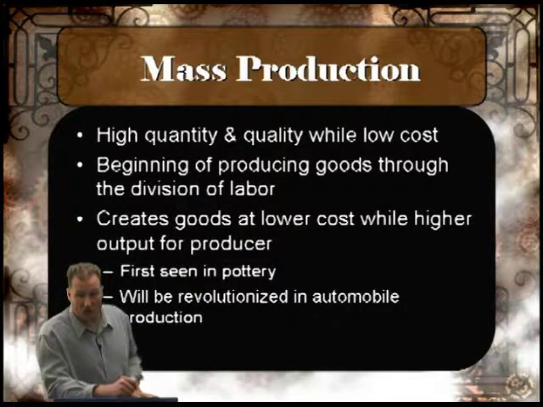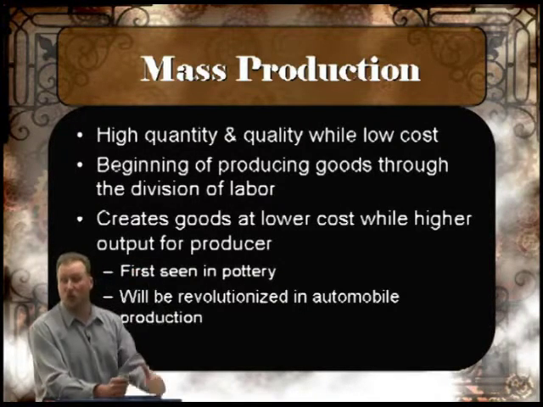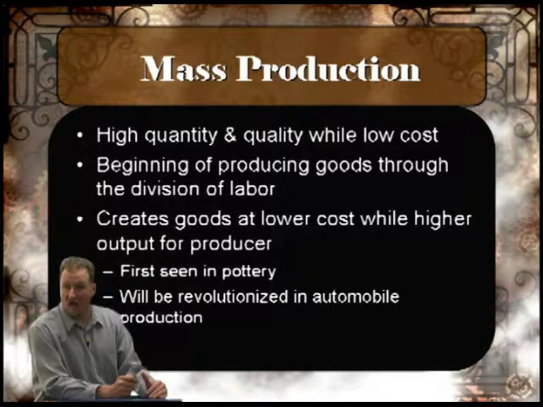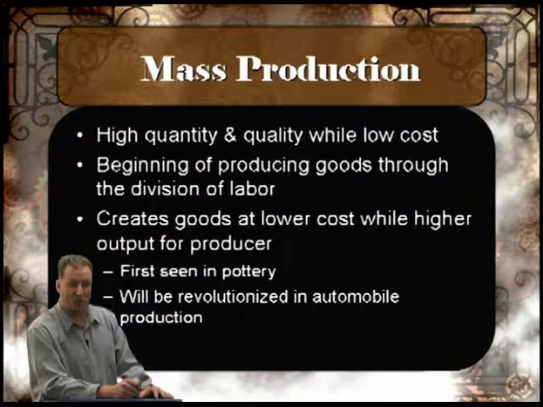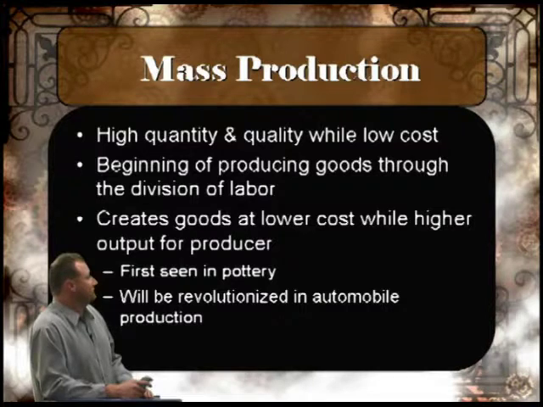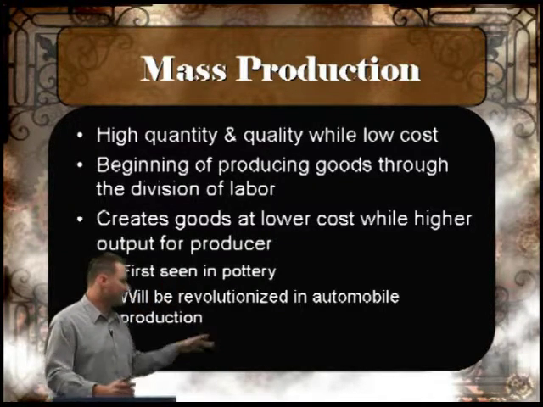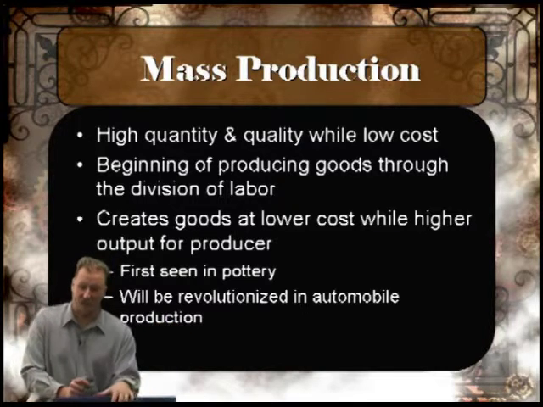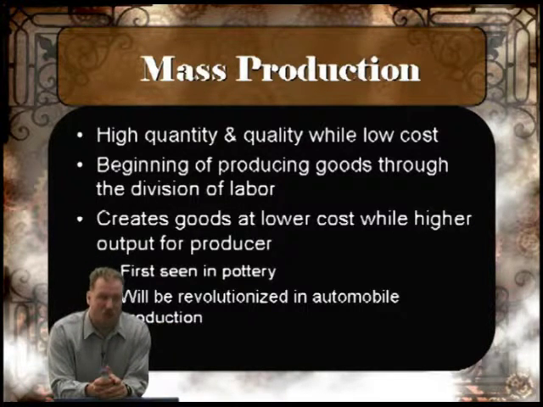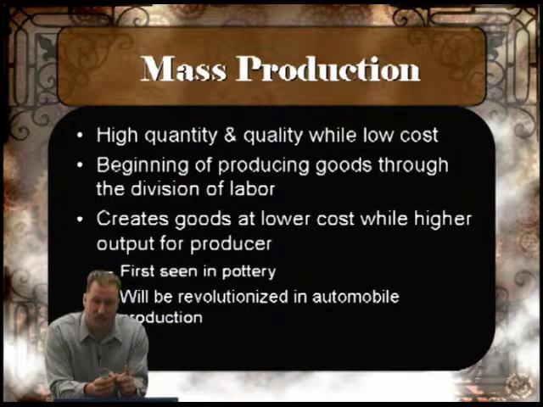Okay, and you can still get Wedgwood today. I don't know if anybody had that. But interesting is the people who start the idea of reducing the cost through mass production in order to make things cheaper, Wedgwood is ultimately sort of the priciest of the china. A division of labor, like you see there, lower costs, first seen in pottery. And we're really going to see a step in this when we get to chapter 28, the guy who's really going to sort of merge this and the next one together, mass production and mechanization.